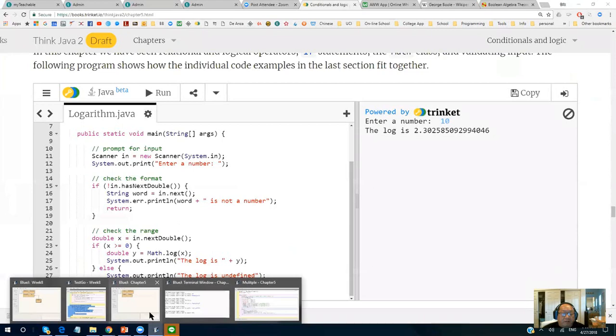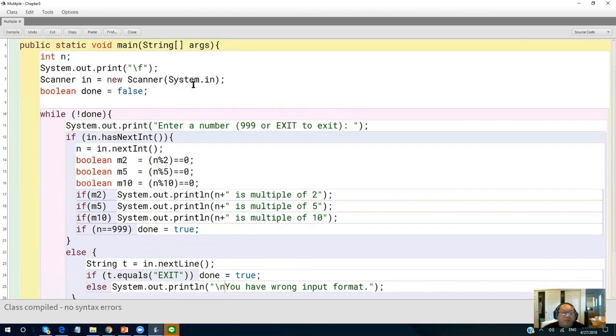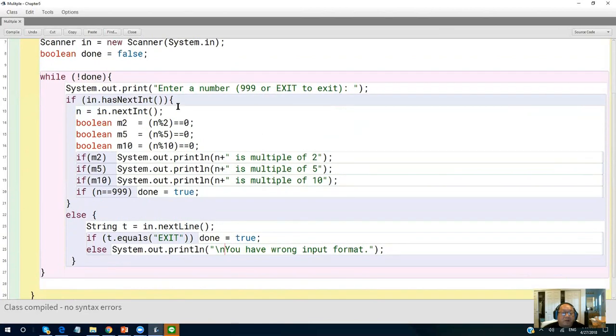And the format he gave is actually a one-time deal, he can only enter one time. But the program I give you for this will loop back for another one, loop back for another one, until you type something that matches the sentinel. A sentinel is someone who guards a door or something. It will allow you to get in or get out. Okay. So 999 and the symbol exit are used as sentinels. And done is a flag. Right here we guard the loop. If it is not done, we go into here. If it is done, we set done to be true and then get out.